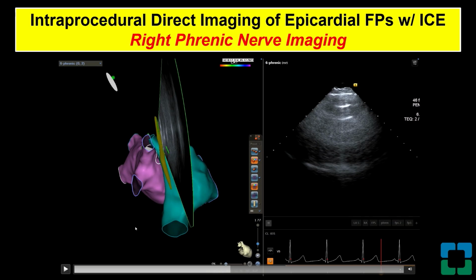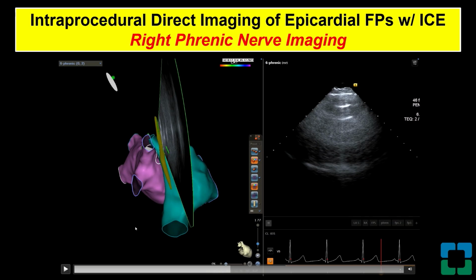And essentially, if you push your ICE all the way to the SVC and you clock your ICE in the posteroseptal region, you see this stripe of myelin fibers, of fat, essentially. And this one is the right phrenic nerve. You can reconstruct it and import it with the ICE. And this correlates, and hopefully later we're going to show you a nice example of this. This will always correlate with capture of the phrenic nerve with output pacing.